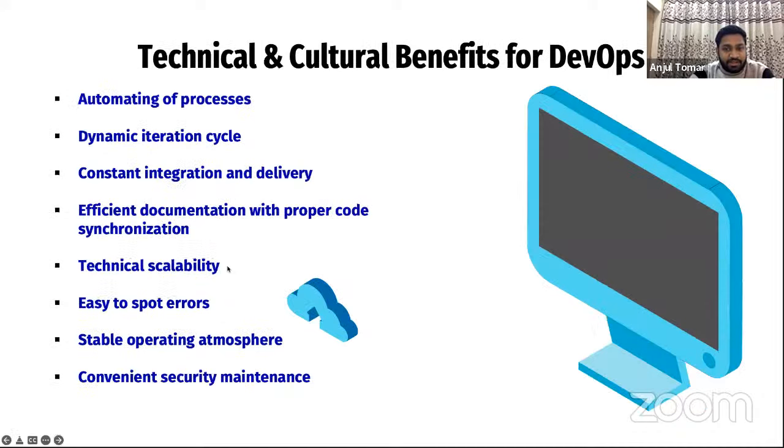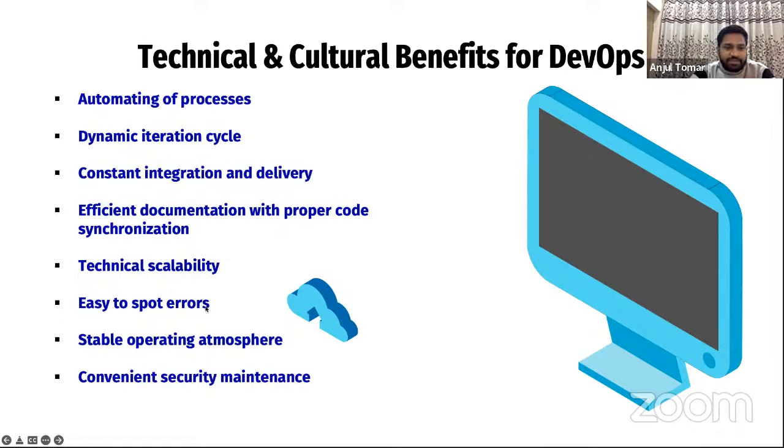Technical stability, right? How does technical stability come into place if we are adopting DevOps? Technical stability basically comes from the confidence of CI/CD and other practices in place by DevOps, right? Let's say I'm doing CI and CD. That CI/CD itself gives the developer and operator teams the confidence to deploy. This is the tagline of DevOps, right?